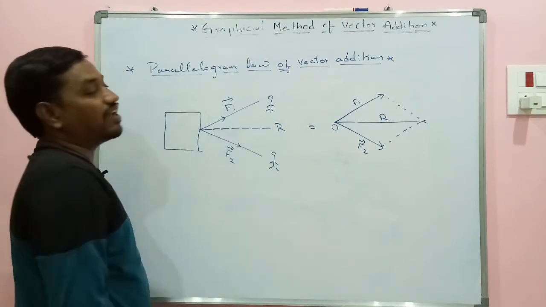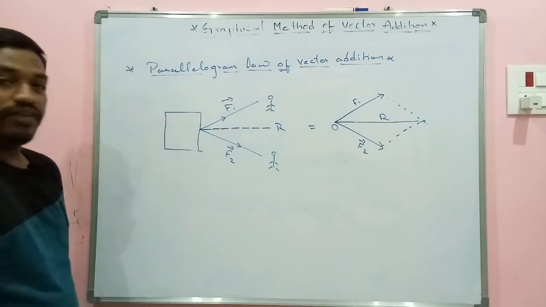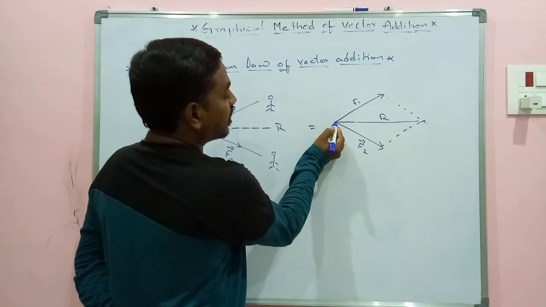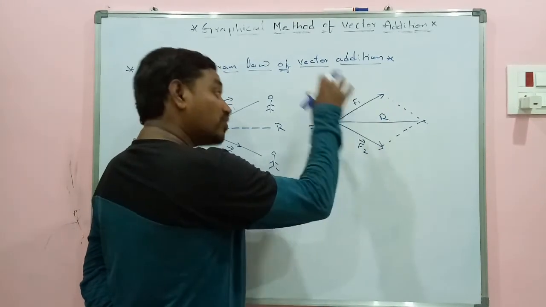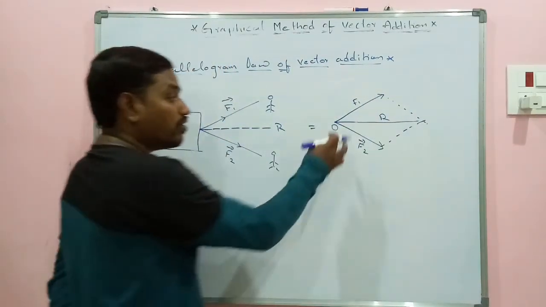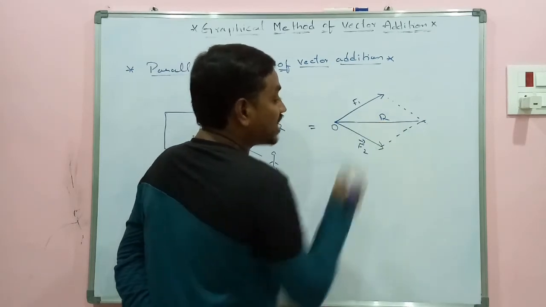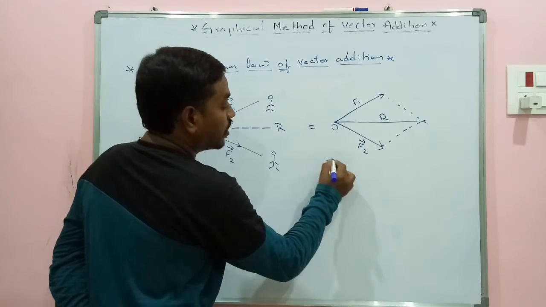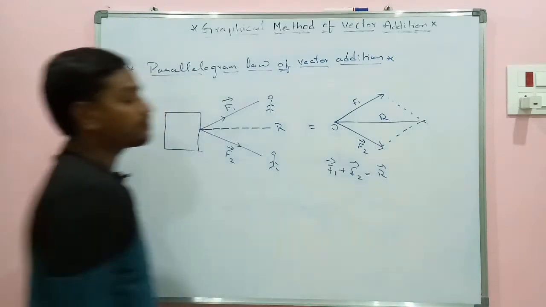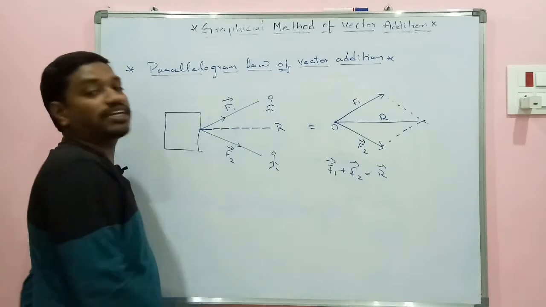In the previous triangle law, we joined the tail of one vector with the head of another. But here I have taken two vectors with the tails joined, and based on the particular two vectors, I have drawn a parallelogram and I have drawn a diagonal passing from their point of intersection, and I am calling this R as the resultant. 1 plus 2 will give you R,